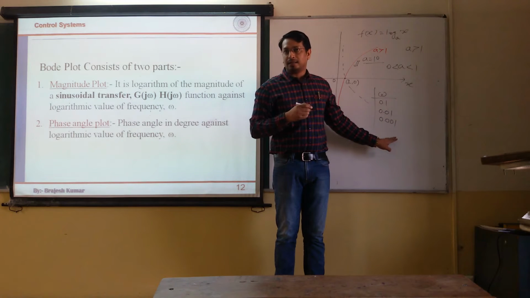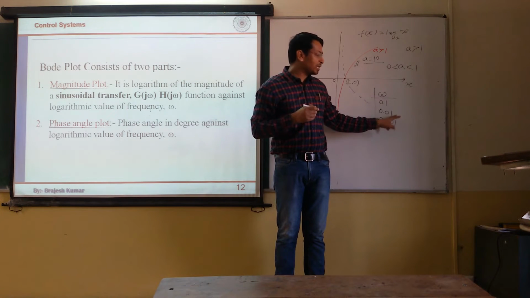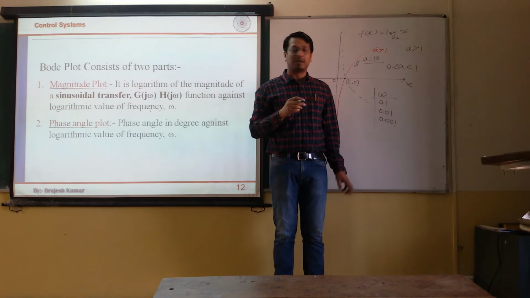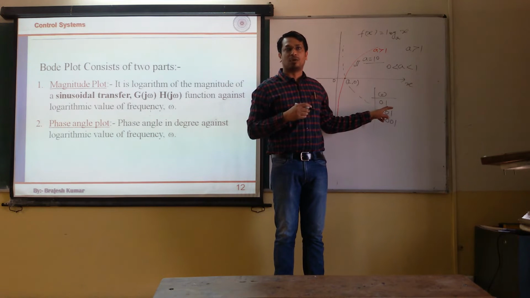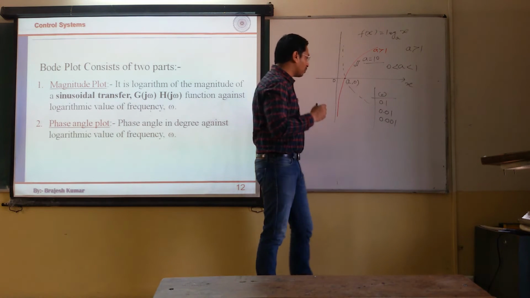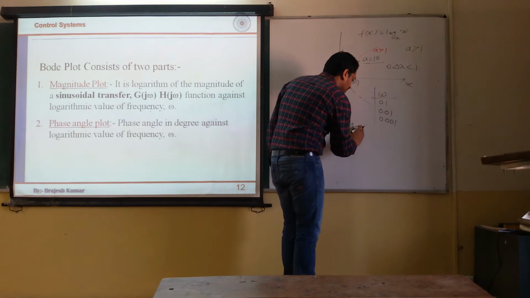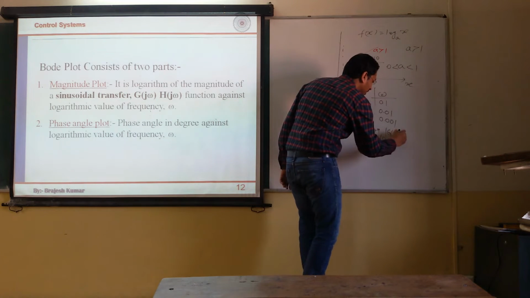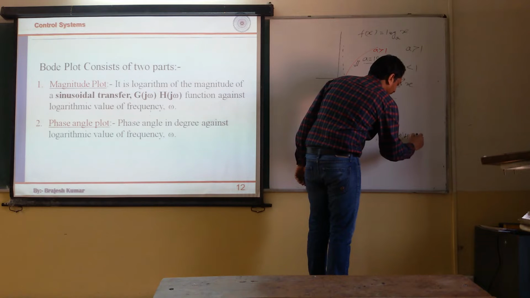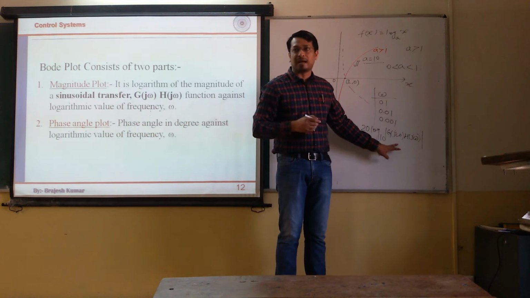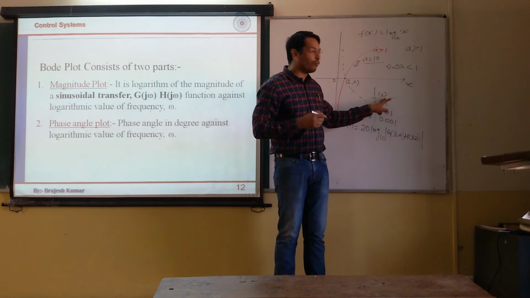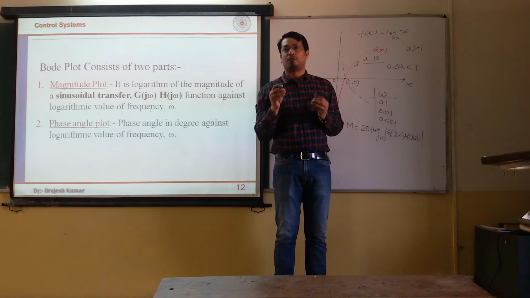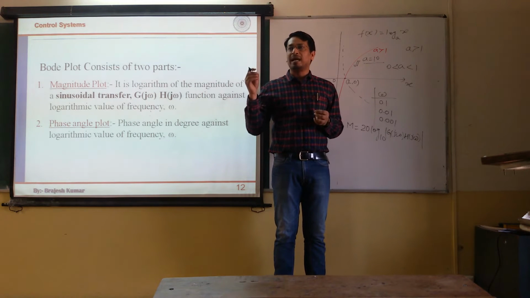We will read when this choice of omega is going to be dependent upon the transfer function of the system. But whatever it may be, you can't take omega equal to 0, because in the Bode plot you are going to plot this value, 20 log base 10 of mod of G(j omega)H(j omega), with the variation of omega, and you can't take the value of omega as exactly 0. Though theoretically you say that we are going to plot from omega tends to 0 to omega tends to infinity.